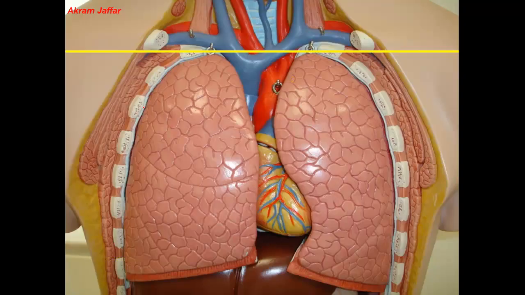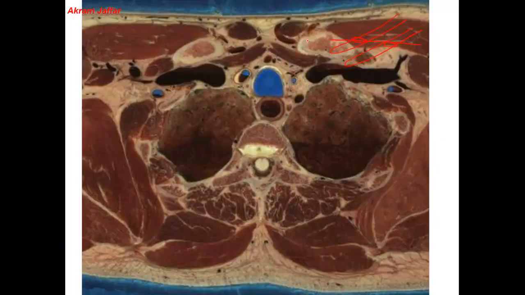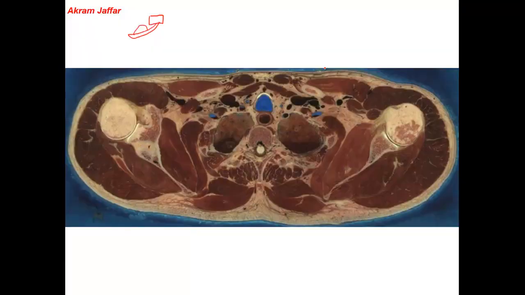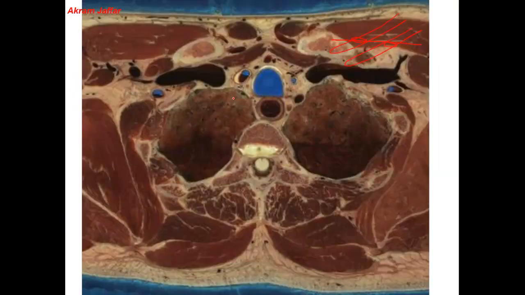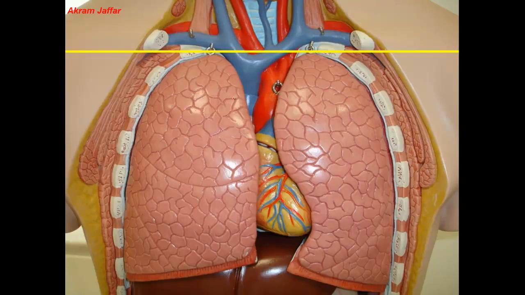In the next section, we are going a little bit lower down, and so we can see the brachiocephalic veins. In the previous section, we have seen the union of the subclavian and the internal jugular vein. The section before that, we have seen only the internal jugular vein, then the internal jugular and the subclavian veins. And then in the next section, it's a lower down section, so we can see the brachiocephalic